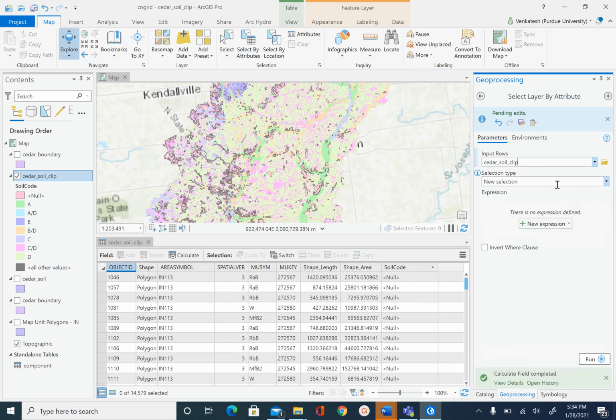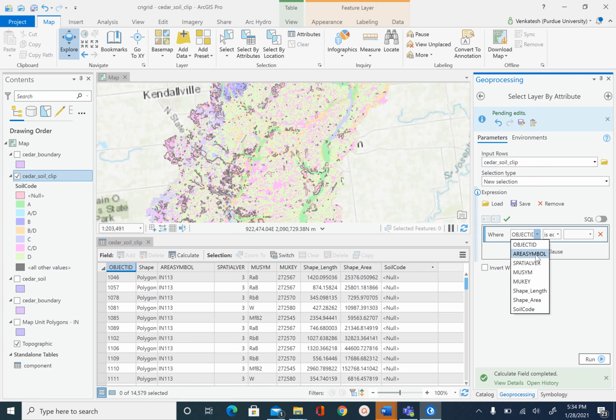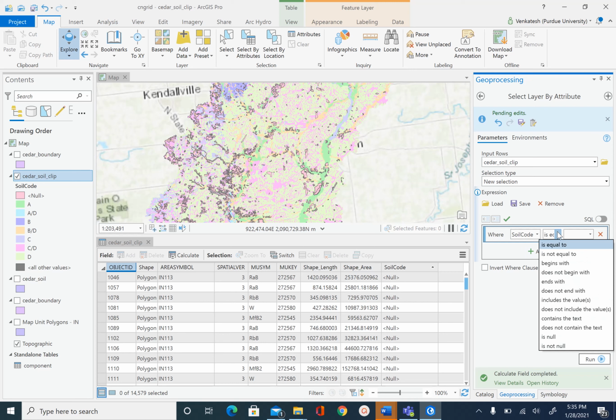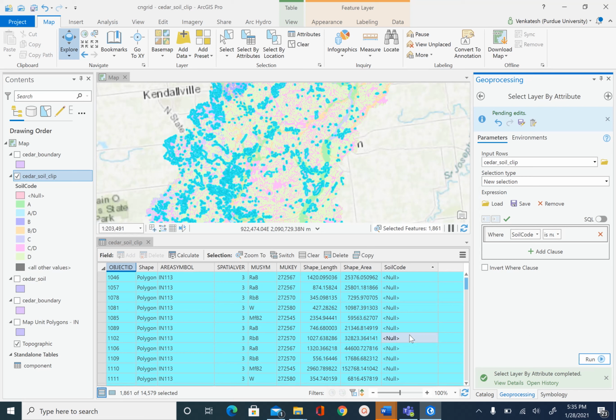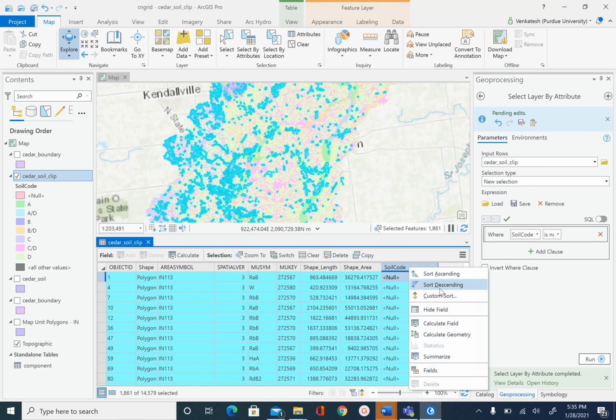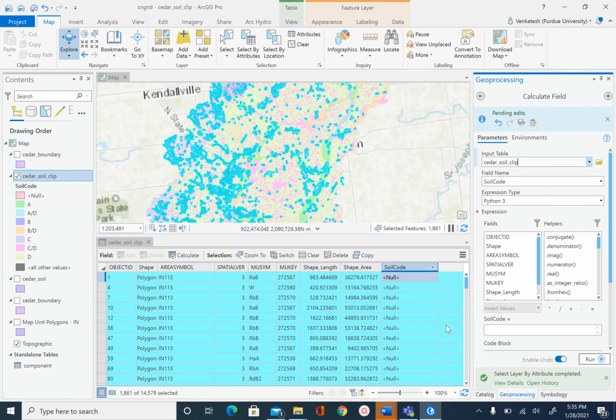So let's do that. Input rows cedar soil clip, new selection, and the expression is where soil code is null. Say run. So you can see 1861 rows out of 14,579 are null. So once those rows are selected, we can right click on soil code and calculate field, and